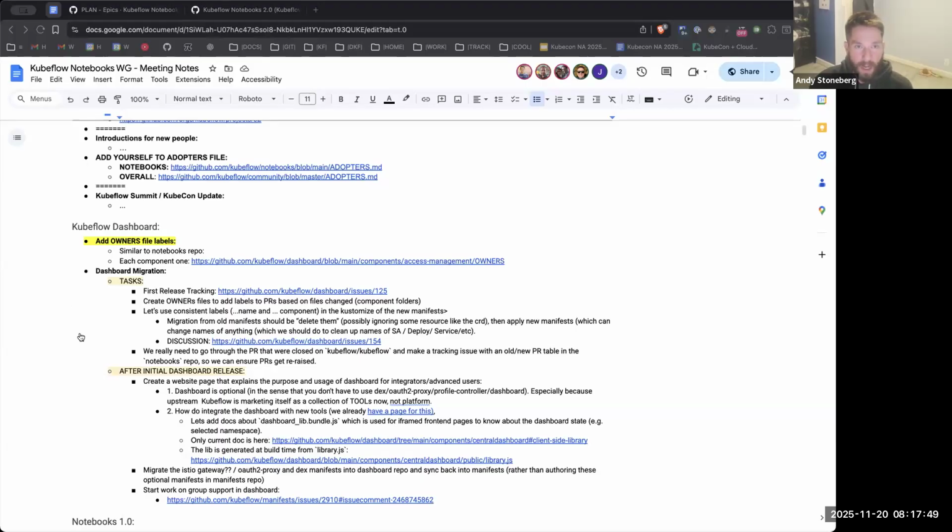But now that the V1.11 manifest release is starting to be discussed, what do we want to do about potentially breaking apart some of these things to, as you've said, get a lot of the auth work as Kubeflow dashboard being the source of truth of those manifests? Is that the next step? Are there any outstanding PRs on the dashboard?